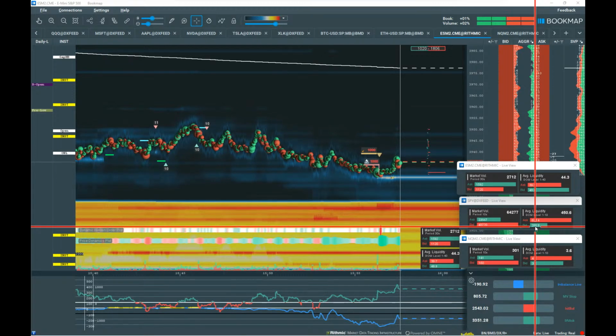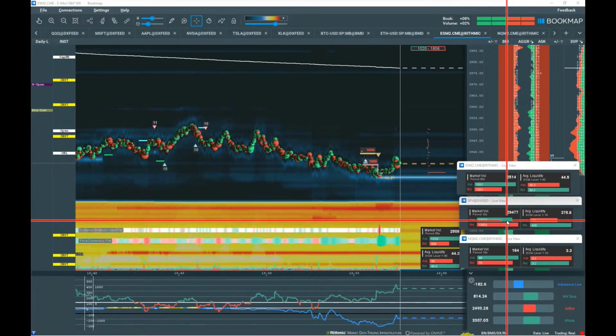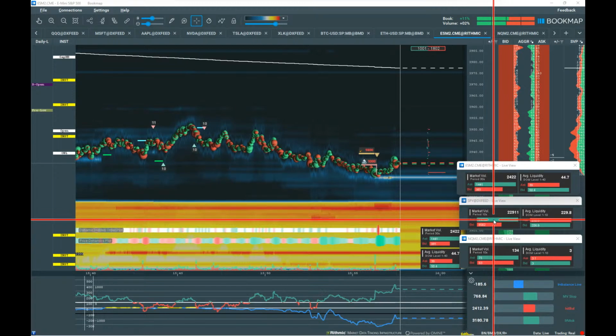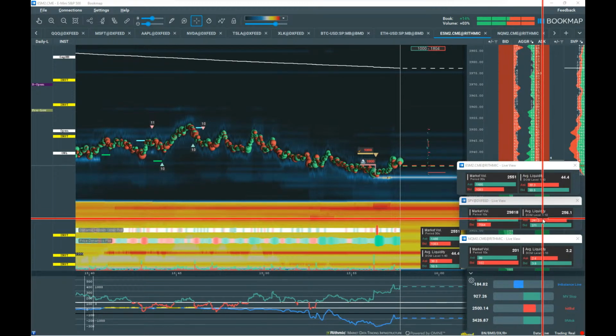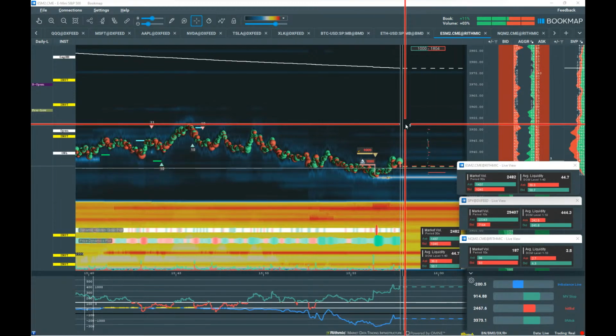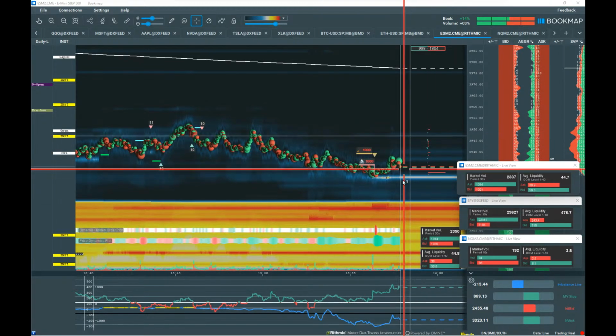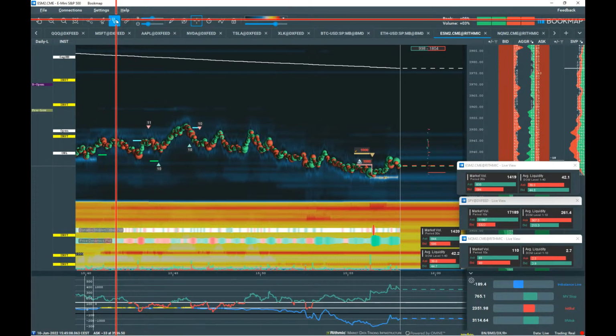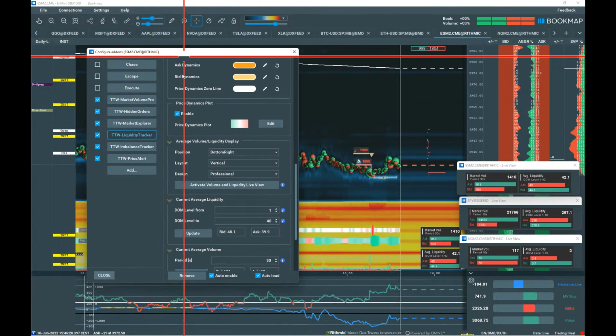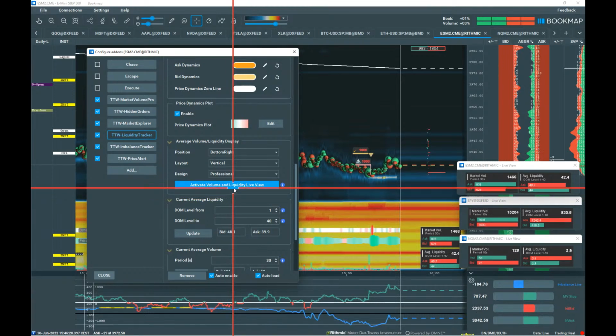It's not the best example to show you that, but maybe we will have a rush up and you will see the ask market volume, the market buyers will buy everything from the ask, and that means the market will go up. They will lift the offer, they will lift the offer. Okay, good. So just to show you the impact here, that means we have a very nice liquidity view,